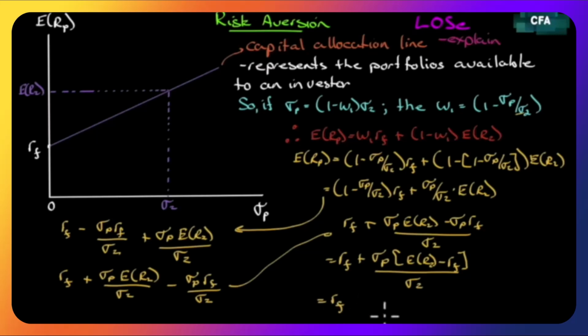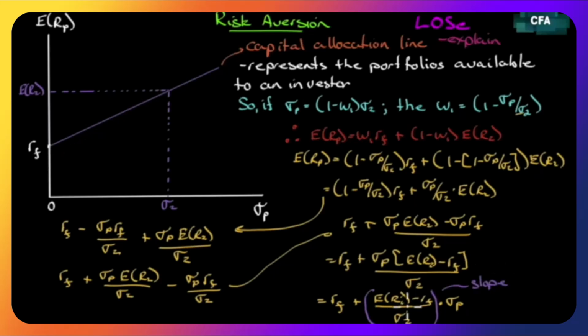And then let's finish it off. Let's just neaten it up. So equals the risk-free rate plus, what do we have up here? We have the expected return on the market minus the risk-free rate. I don't need that bracket in there. Minus the risk-free rate over sigma 2 times, we'll just move that to the outside, sigma P. That's the equation of this line. The risk-free rate, right there, there's your intercept. This is the slope of the line. Right here, all of this in here is the slope of the line.